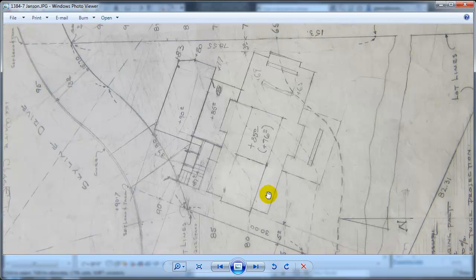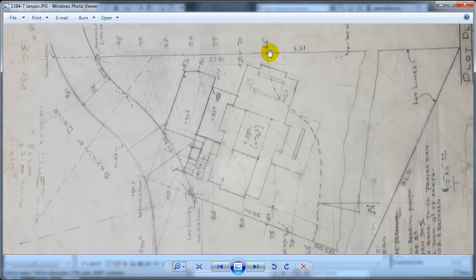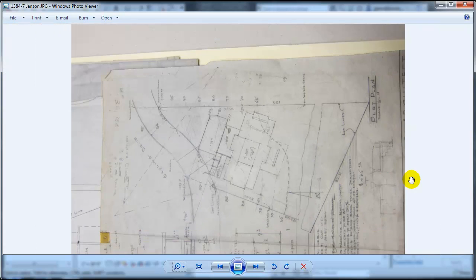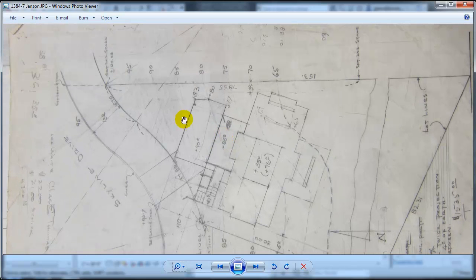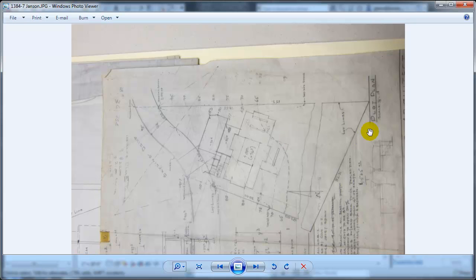There's all sorts of notations, handwritten on the drawings about what's going on. Looks like there's a pad over here of some type. I can't tell if it's a garage or just a parking pad, something like that, at about 90 feet up. But you can see the contours are at 65, 70, 75, 80, 85, 95, something like that. Ultimately, here's Skyline Drive on the back of the house. And then down below the house, there's a continuation to one of the lots below. So this thing's elevated and flying above the contours. But we have contours that are somewhere in the range of less than 100, within the 60 to 100 range. So let's work with this and see how we could model that